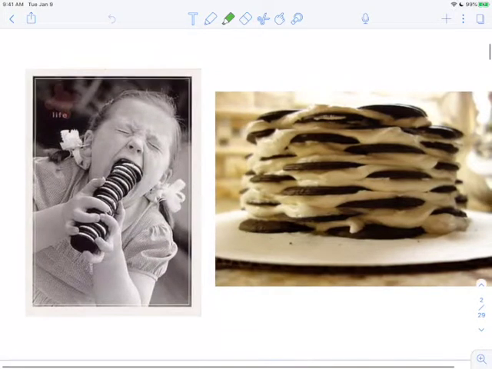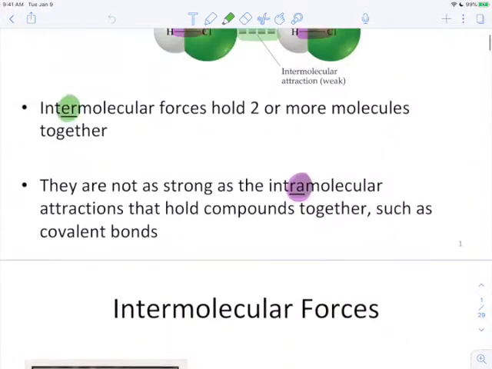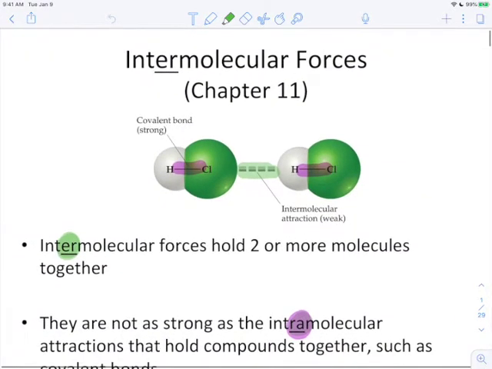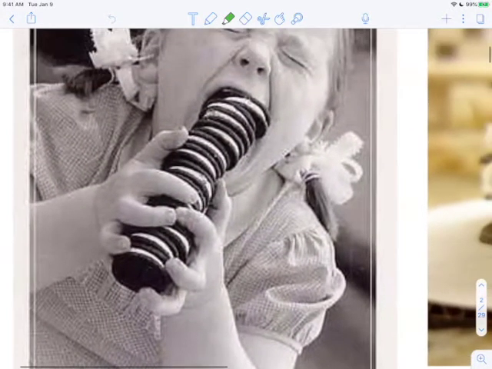What you could do is make something like this Oreo cake. Here you're using that frosting as something to stick all the cookies together. So this frosting is acting as the intermolecular force. It's allowing us to stick more than one Oreo together. And that way, if you shove that whole cake into your mouth, in theory, it's not going to go flying because it's all stuck together. All right, so yes, I'm a sugar addict. But just another example of the intermolecular. It's sticking more than one thing together so that if you were trying to shove all those Oreos into your mouth, they will not fly